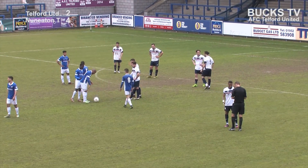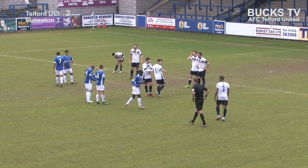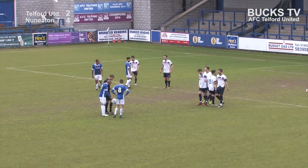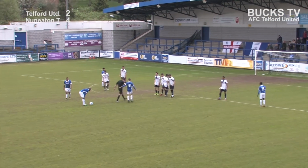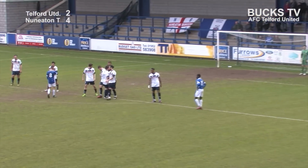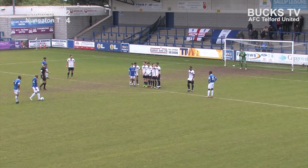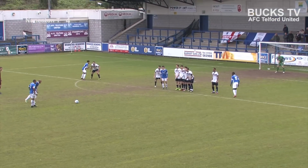We're hearing that Shrewsbury have finished in their game. I think that's a 1-0 defeat for them, so that's a disappointing afternoon for the Shrews as well down at Northampton as the race to avoid relegation from League One hots up. Not quite such a serious situation for Telford despite defeat here this afternoon, pretty much there. Well, but for a technicality really, you're talking about goal difference, aren't you now? That's all that can stand between Telford and safety, so pretty much there, but not quite, as Nuneaton tried to